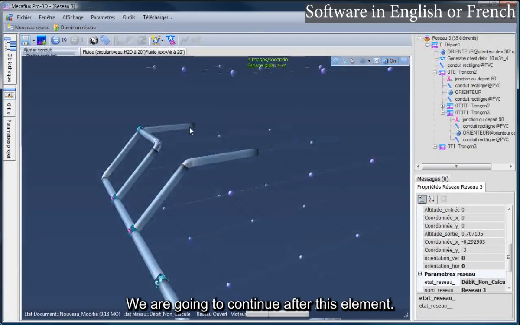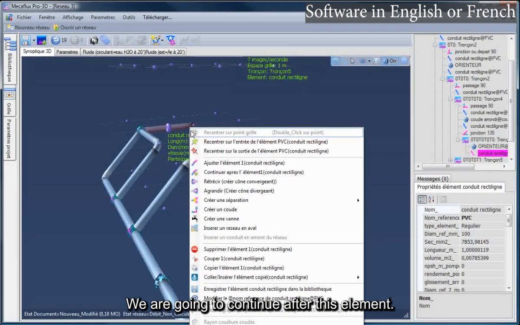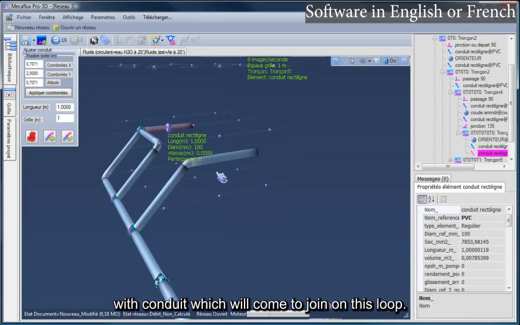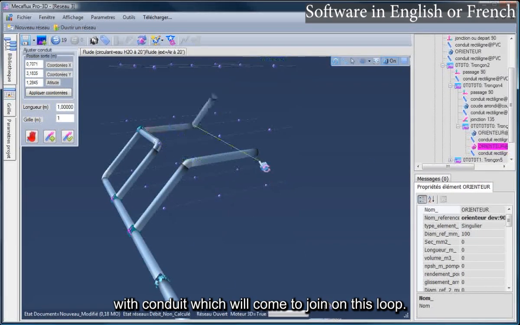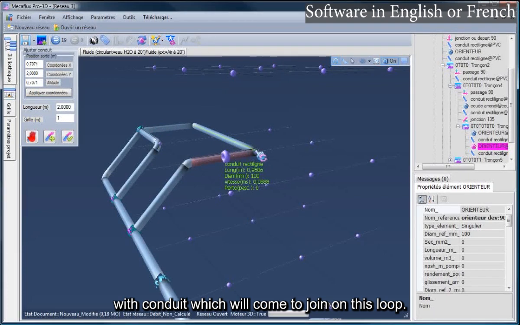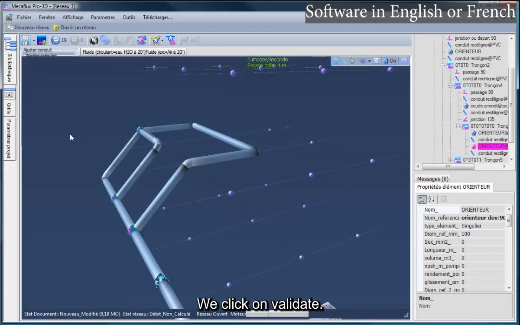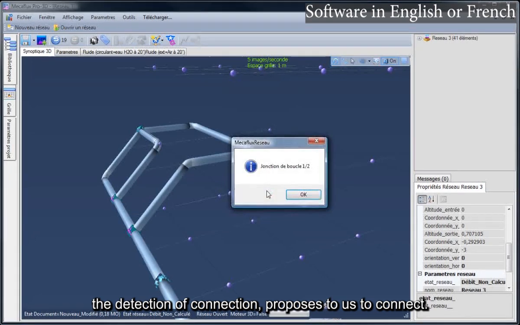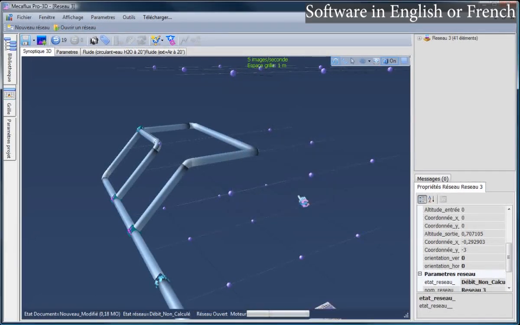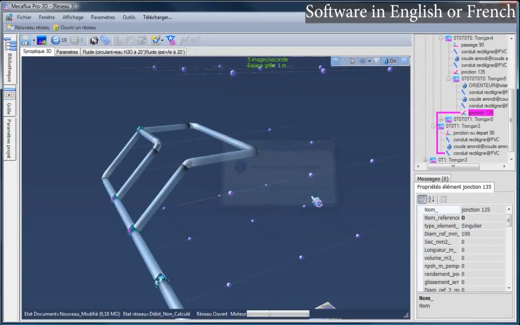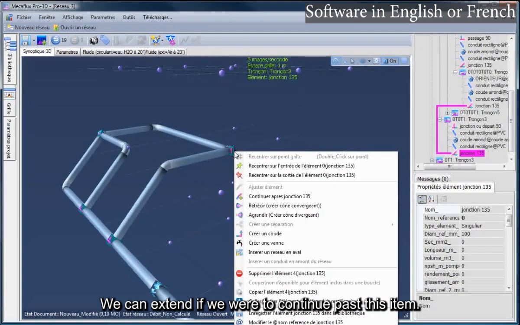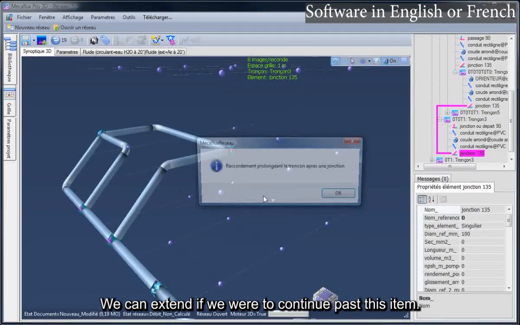We are going to continue after this element with a conduit which will come to join on this loop. We click on Validate. The detection of connection proposes to us to connect. OK, the connection is complete. We can extend if we were to continue past this item.